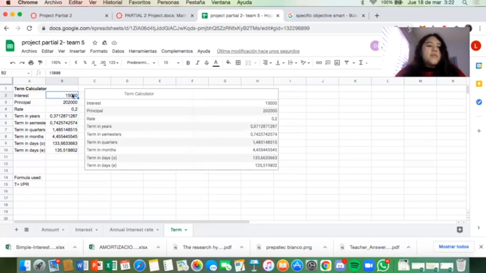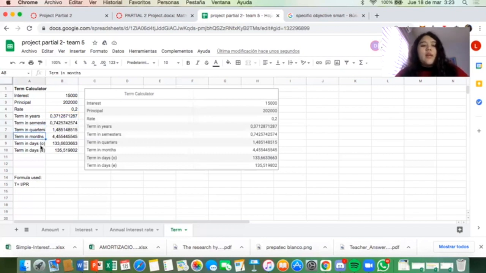And as further explanation, it's like the first term calculation, which is the annual. It's easier since it's the same formula, but then the other ones are a little more complex, but still easy. As we can see, if we pay attention to this, we don't need to do the whole formula all over again since it's basically the same thing. So what we do is just take the term in years, the one we already have, and multiply it by the times of each